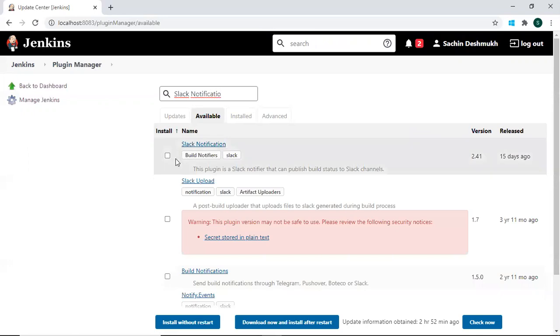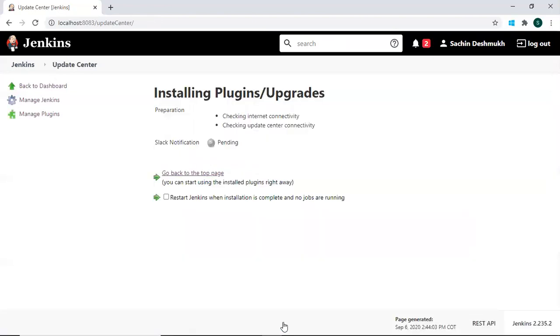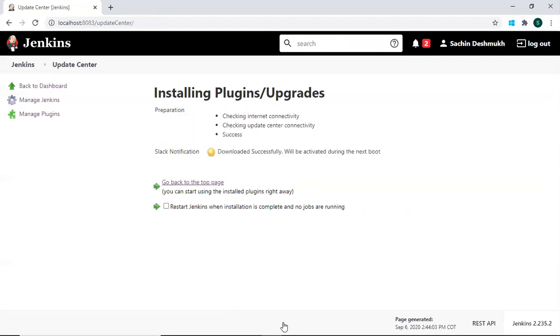I can see the first option, Slack notification. I am going to select it and download it now, and I will install after restart. It says downloaded successfully, will be activated during the next boot. So I'm going to restart my Jenkins so that it gets installed after the restart.